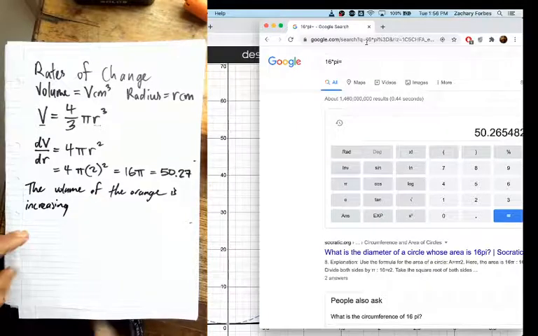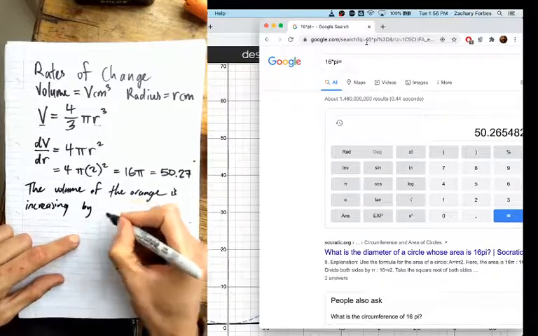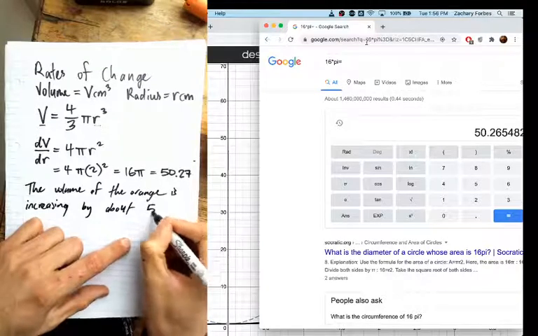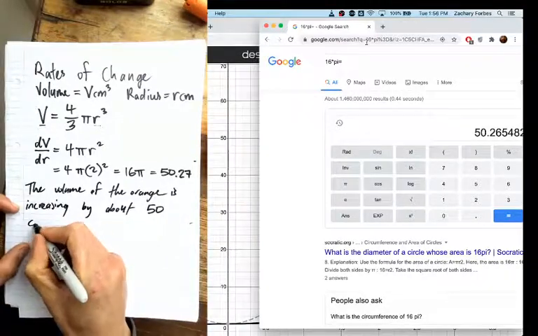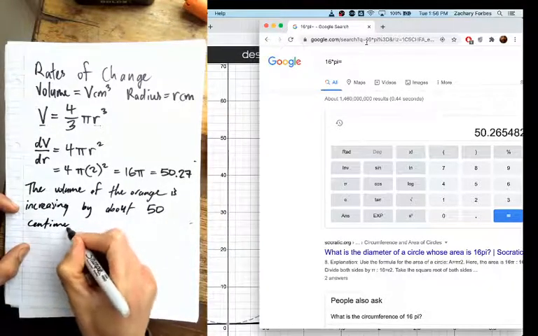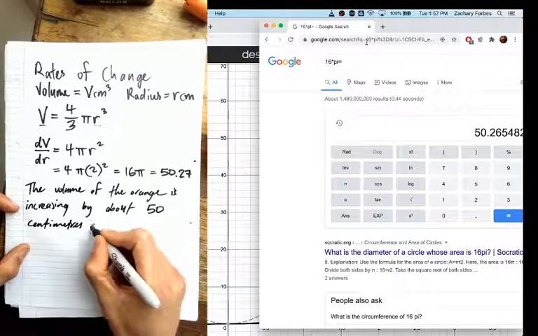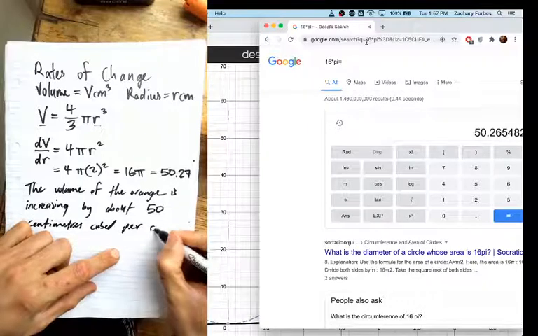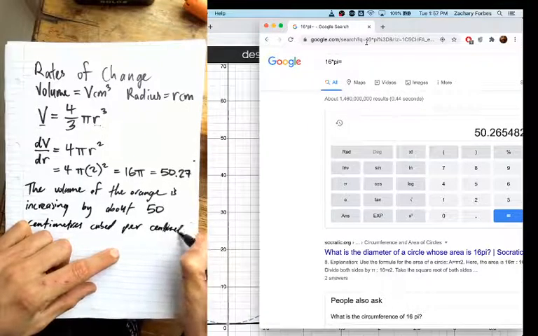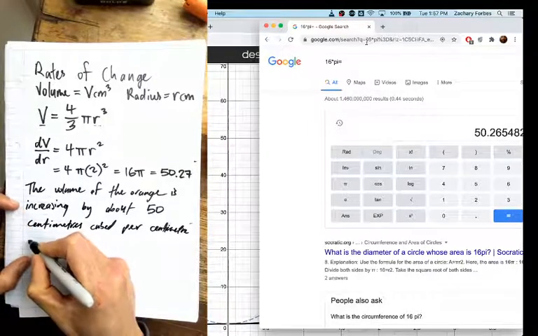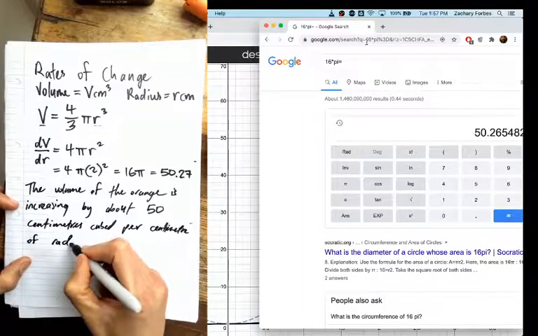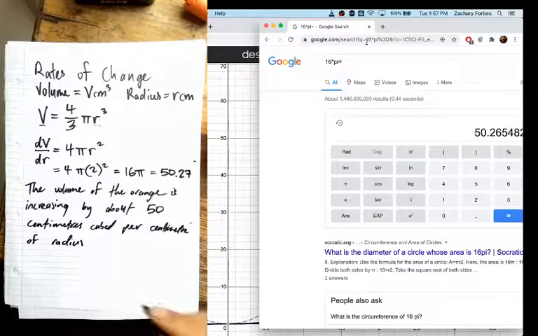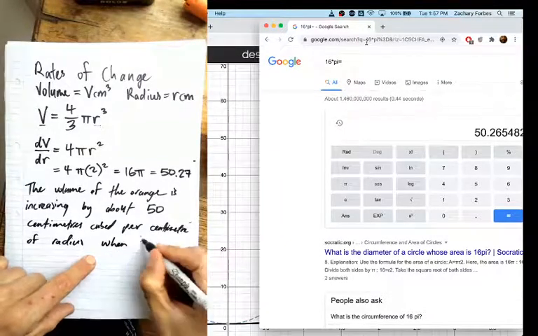Is increasing by, I'm going to write about because I'm feeling lazy right now, by about 50 centimeters cubed per centimeter of radius. Or what am I missing? Per centimeter of radius when the radius